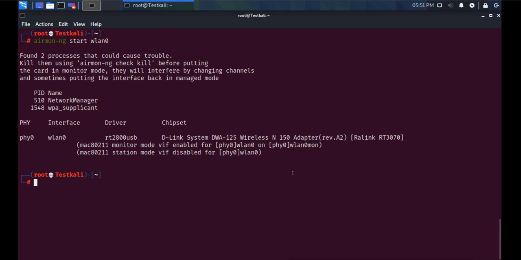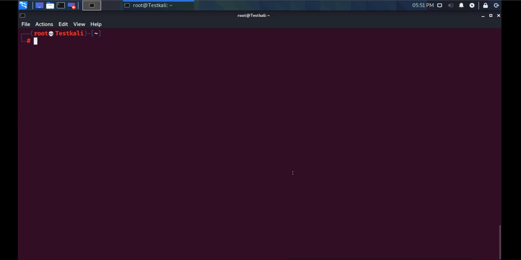Now next, I want to sniff all the available packets around me. So I will run airodump-ng. I can run it with the --iv option, and all the information which it captures, I want to write to some file.